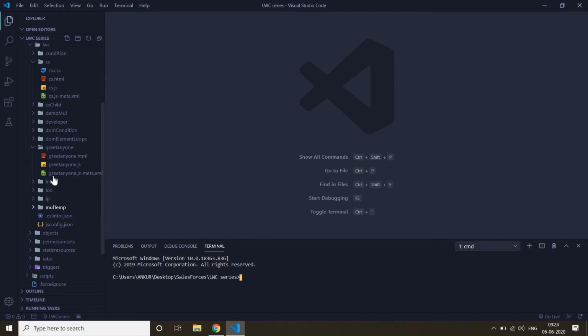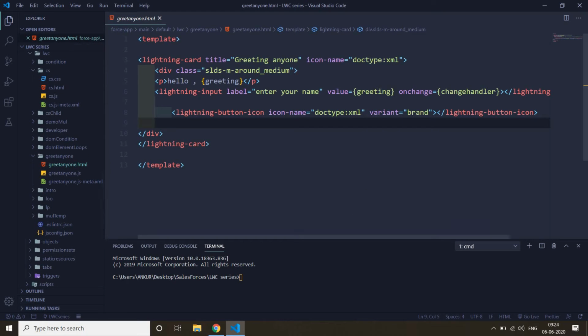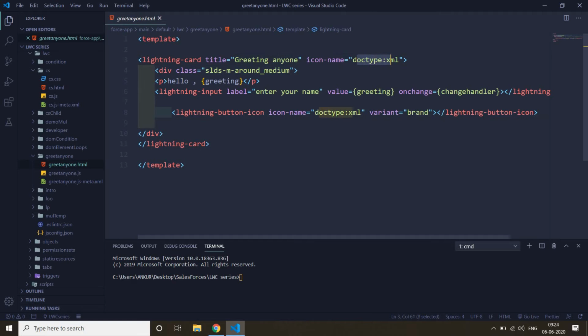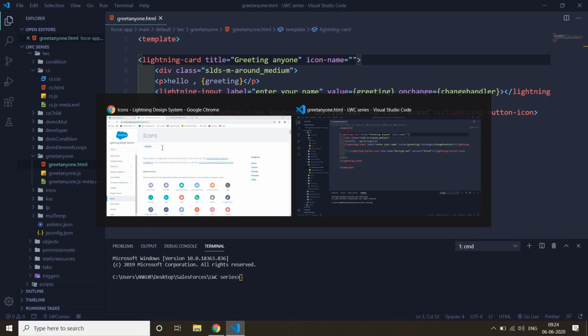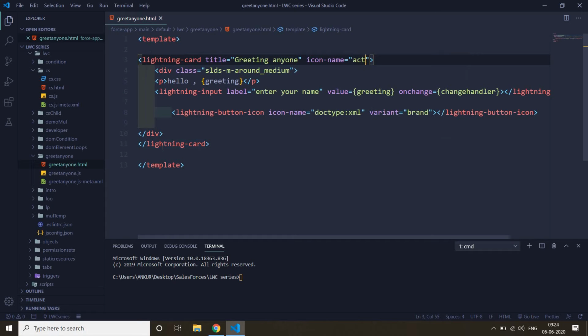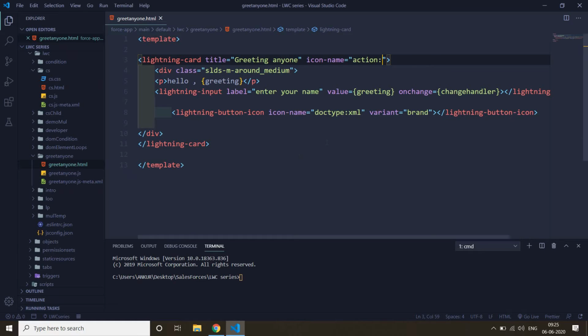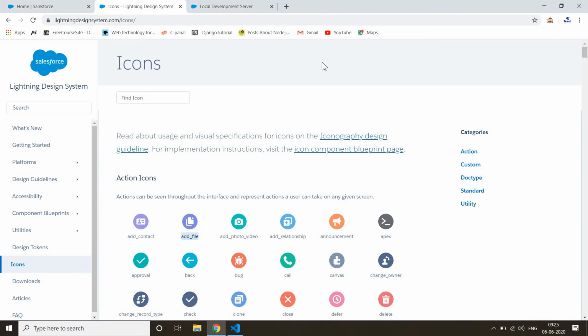one of our Lightning Web components, and you can see we provide the custom icon here. First of all, remember your category. Here the category is action, so provide it, then after the colon, the name of the icon. Paste it over here.